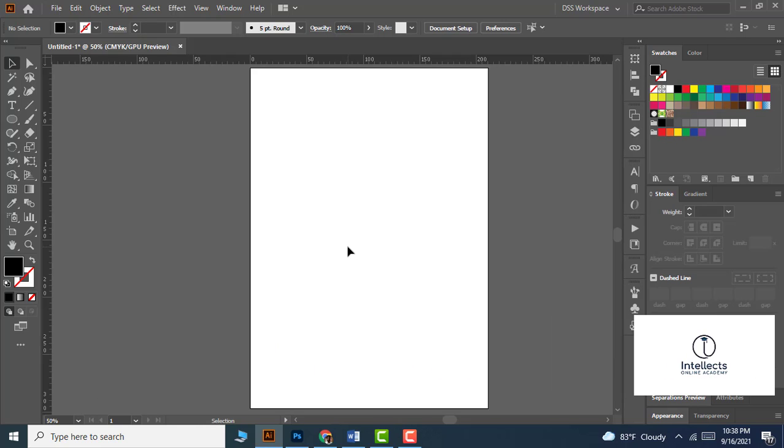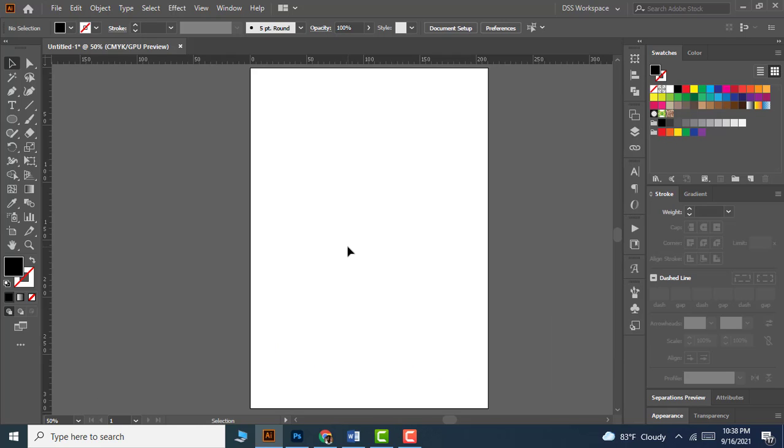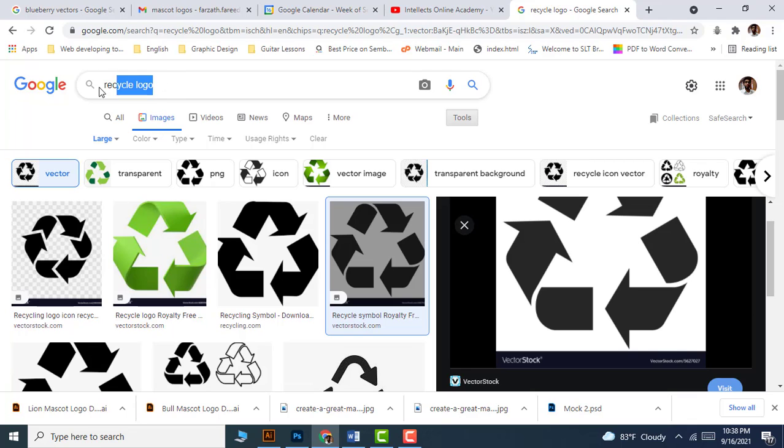Okay friends, so let's go ahead and learn some quick tracing methods in Adobe Illustrator. Quick tracing allows you to trace solid color silhouettes at your fingertips. You do not need to draw them from scratch. For example, if you find a recycle logo in Google, when you're finding any images, make sure to find